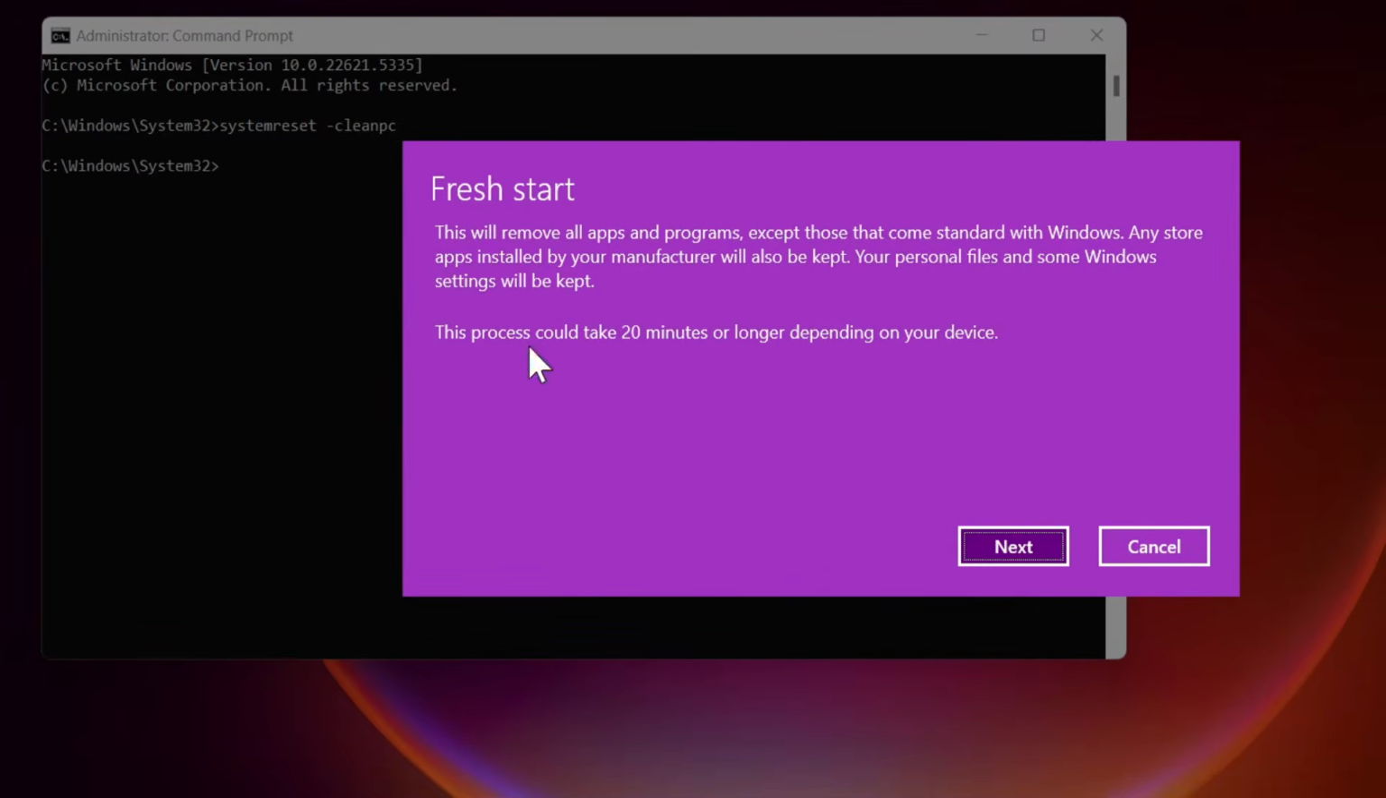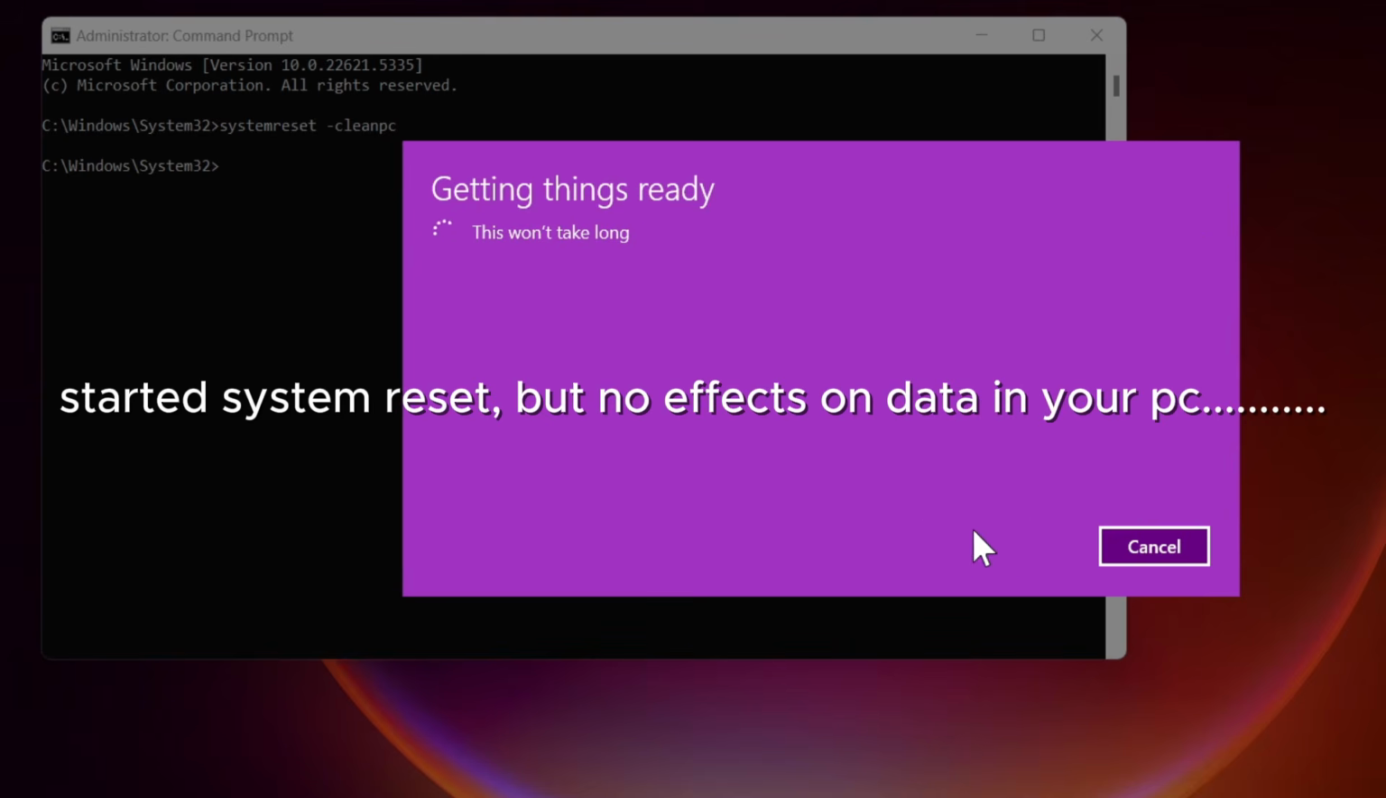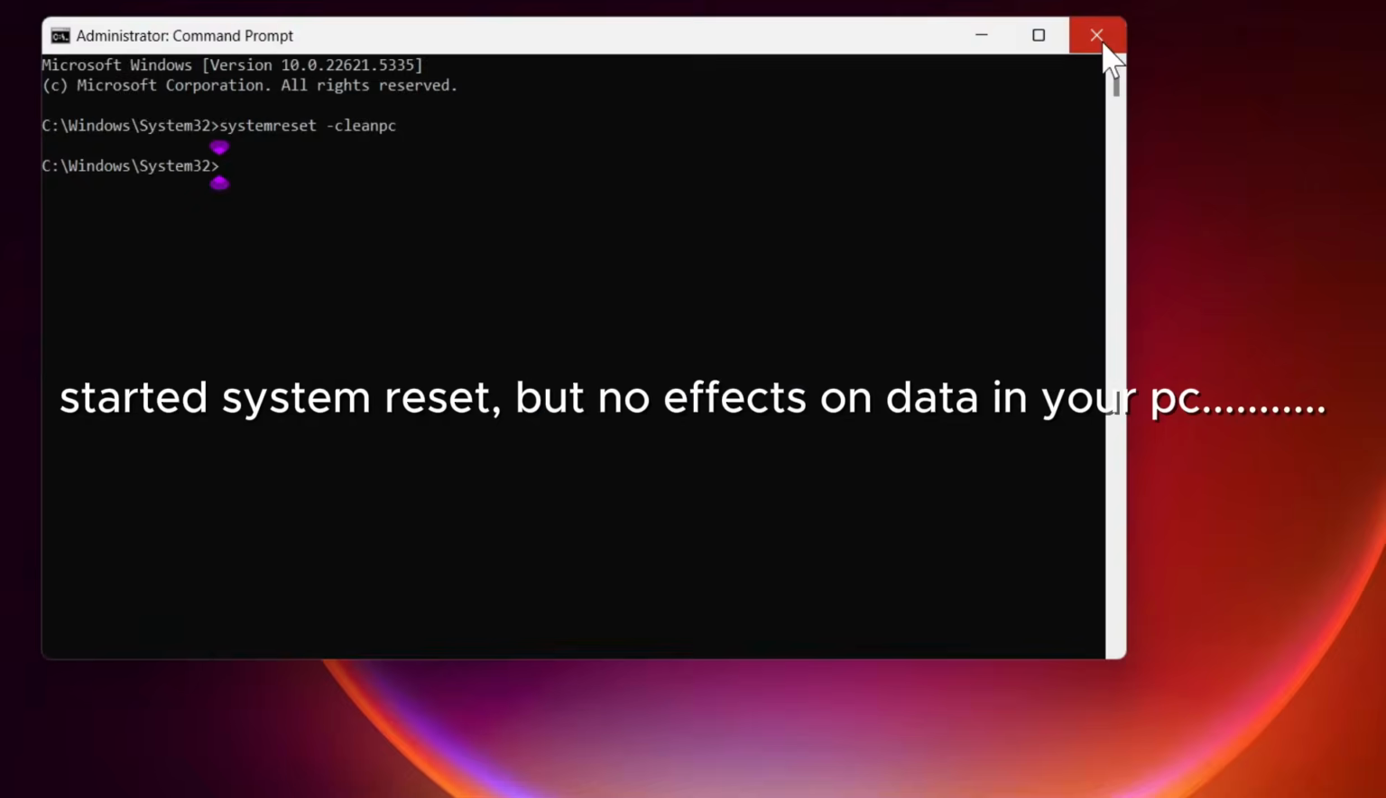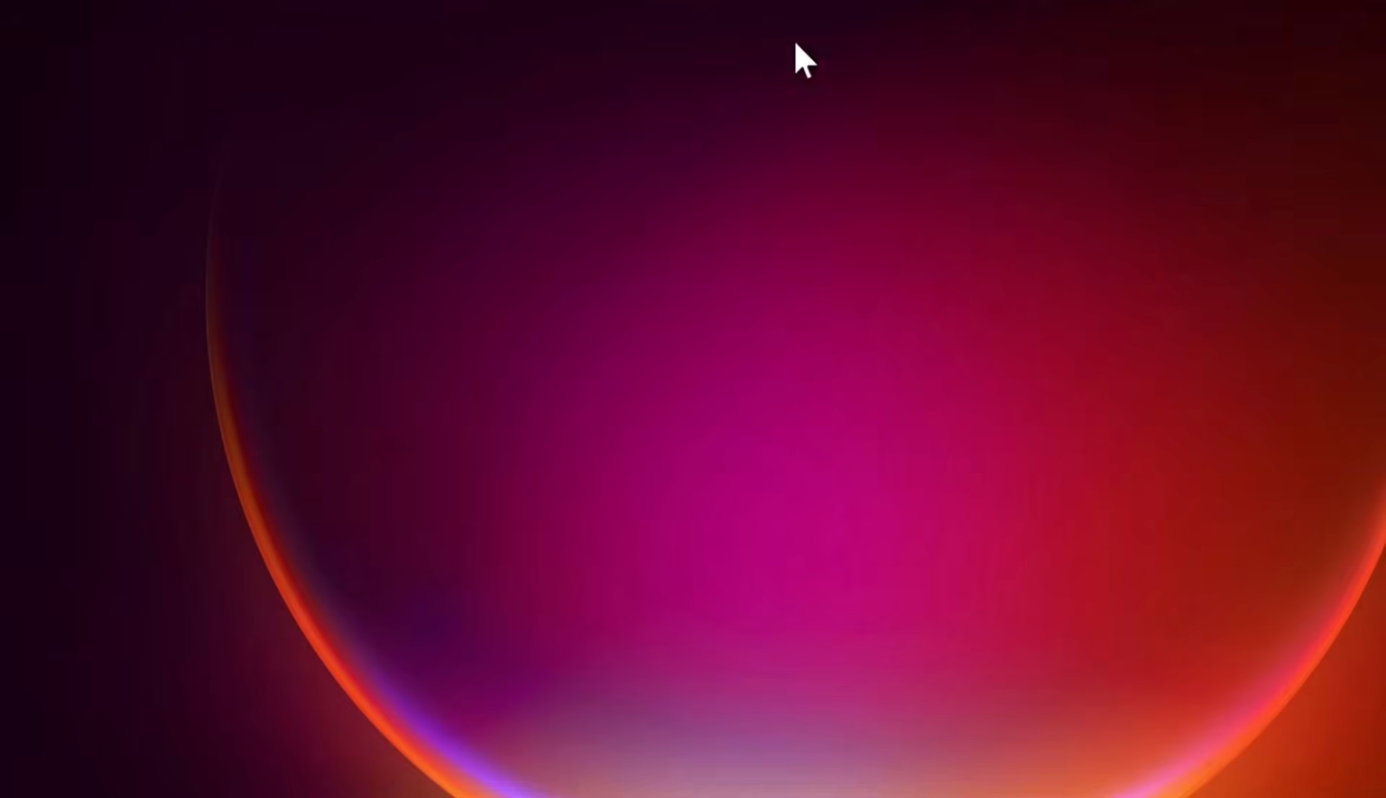This will again restore your PC or reset your system, but your data will not be affected. You can try this step also. Click next. Okay, then after